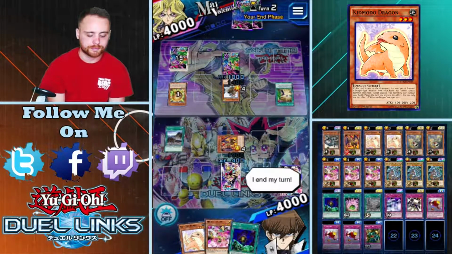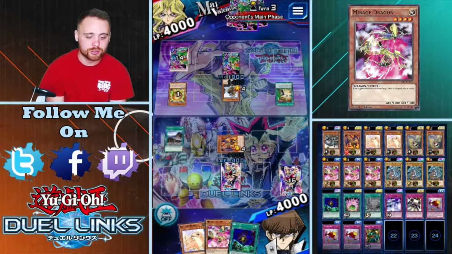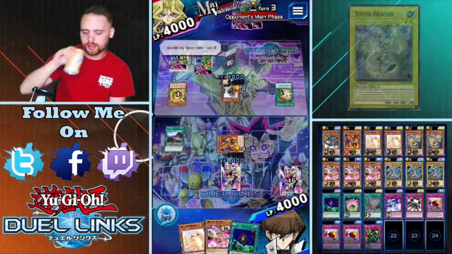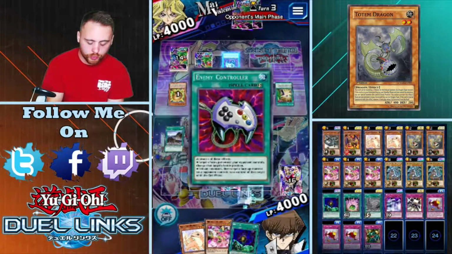That sucks. Blue Eyes White Dragon would be really clutch right now. I need to get some Magic Drains. Magic Drain would probably be... Now, I still would want to use...